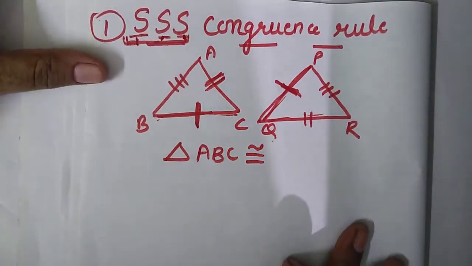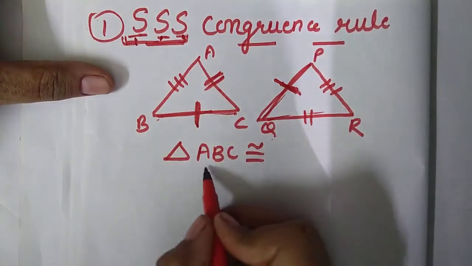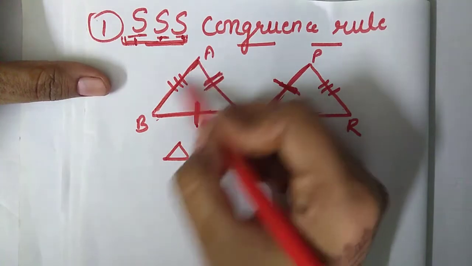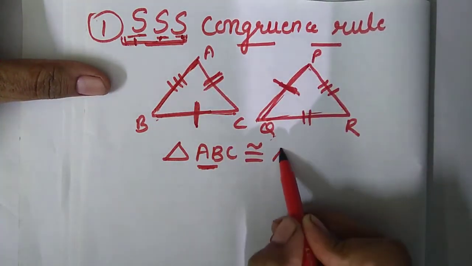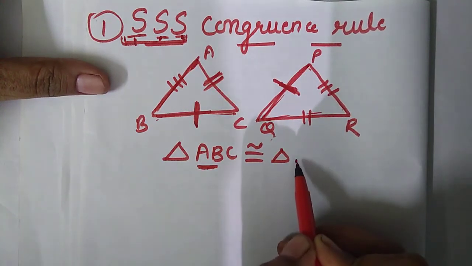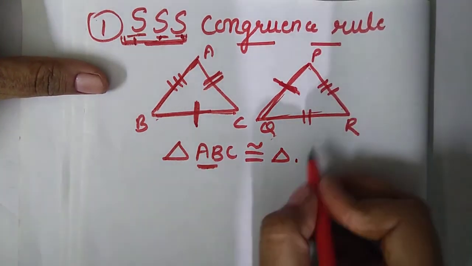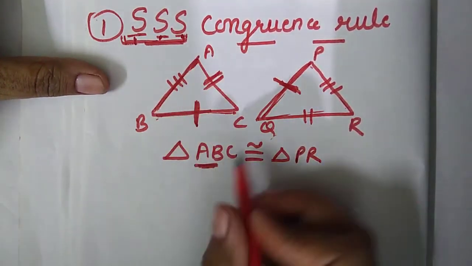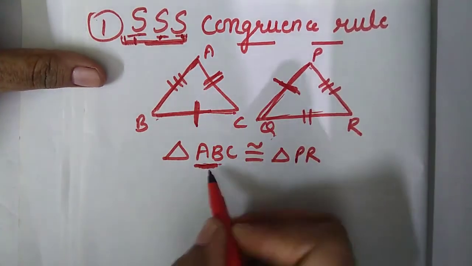Now I will write the name in symbolic form. Just consider the sides as they are given. AB is equal to which side? AB is equal to PR. So at the first and second position there must be PR or RP. Let it be PR, because AB corresponds to PR. They are equal, so their position should be the same.